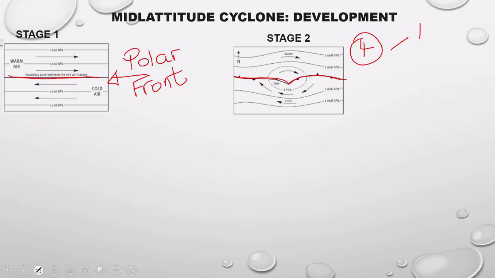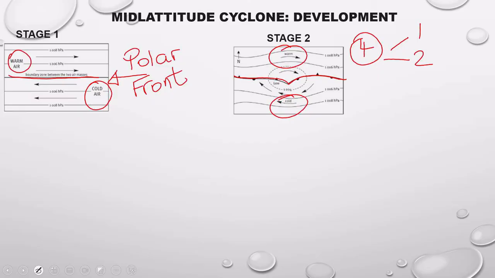Now you must produce 4 reasons why that front is disturbed. Okay? Let's go for those reasons. Reason number 1 is different temperatures. Okay? Remember, we're talking about warm air. There's warm air. And we're also talking about cold air. And there's cold air. These 2 different air masses have got different temperatures, and of course, number 2 will be